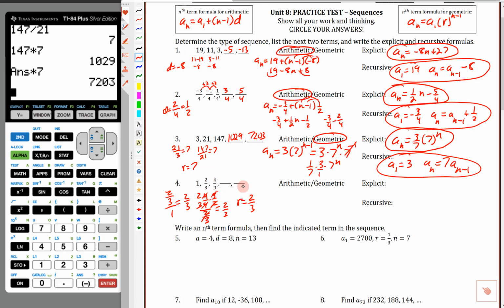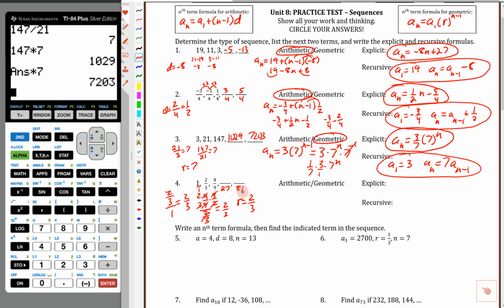So let's see if we can figure this out a couple different ways. I'm going to put this over a 1, and I want you to notice what's happening in the denominator. We've got a 1, then a 3, then a 9. So what's happening here is we're multiplying by 3 every time. So this next one's going to be a 27, and then we multiply by 3 again, and we end up